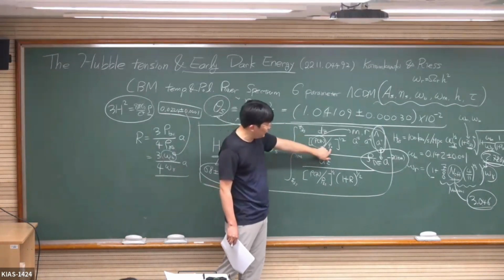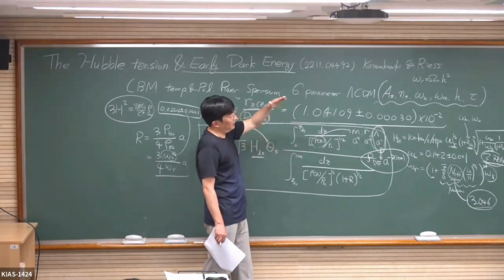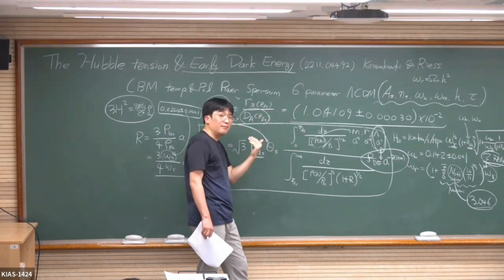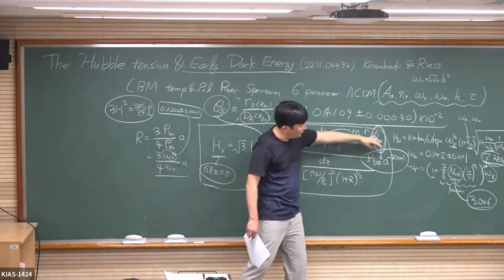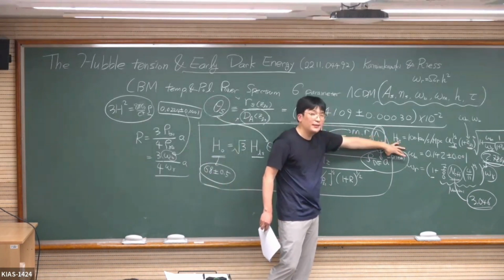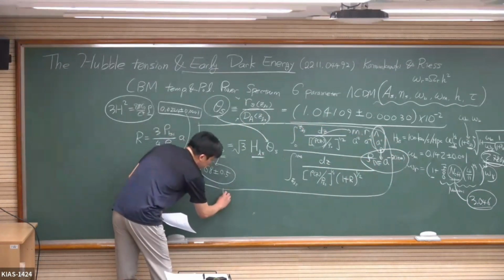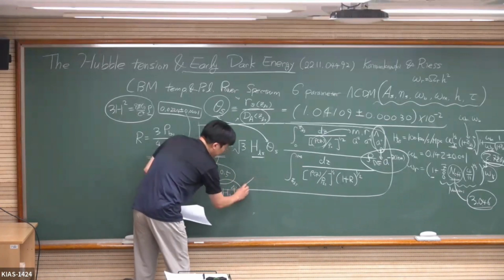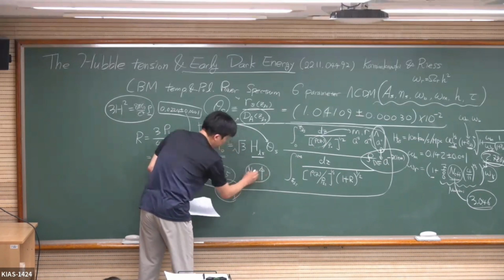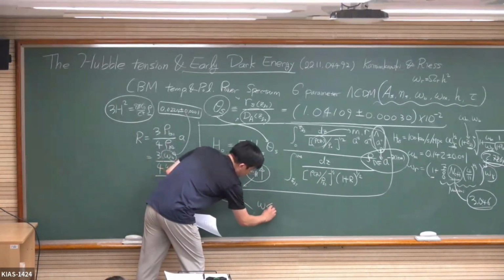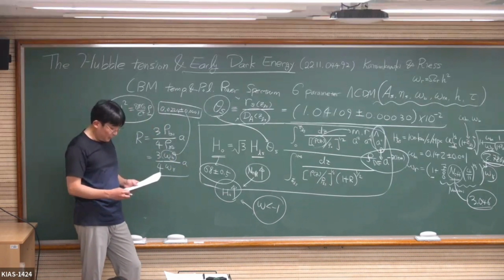So for fixed rho 0, if we make this thing smaller, that means that dark energy was relatively less important early on to reach the same density. Right? What you have to do is lower w to less than minus 1. Okay? So H naught is increasing. There are two ways. The first one is N effective: you increase N effective, then you increase H naught. Or you decrease w, then you increase H naught. Those are the two solutions that you can think of.